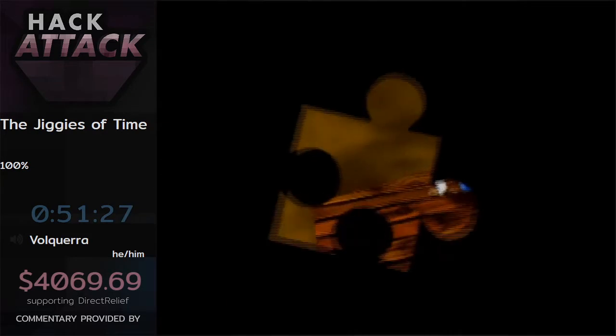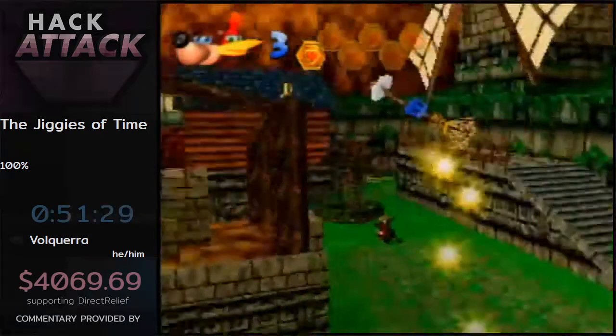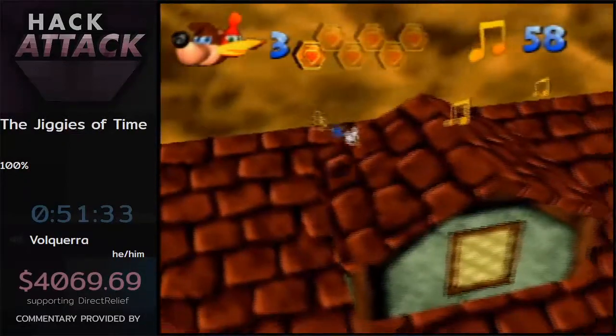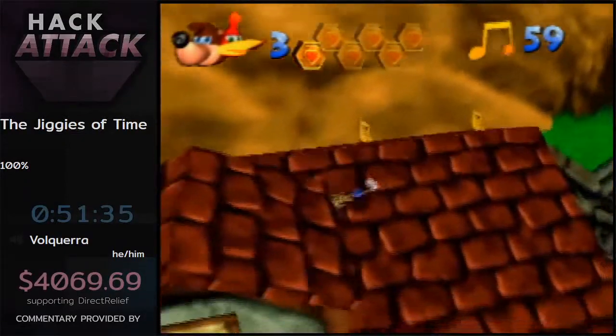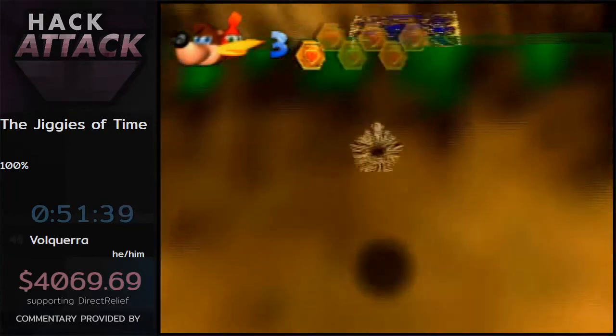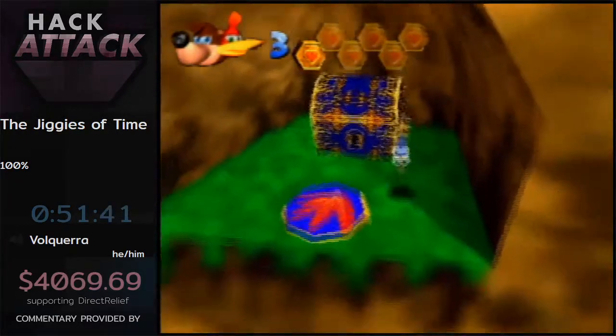And actually, when I get to Death Mountain, I'm actually going to take a death on purpose. Just so I don't die and lose progress. I'll die before I make progress. I have plenty of lives, so...